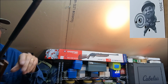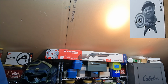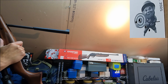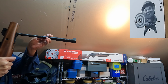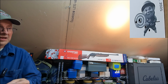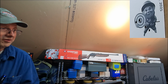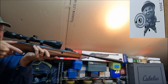Oh, that didn't sound right. And it had a pellet in it. It cleared. Let me make sure it cleared the bore here. Yeah, the bore's clear. That was weird. We'll shoot one more and I'll take a quick look because I don't think that hit the target. That was really weird. We'll take a look. It could be it right there, but